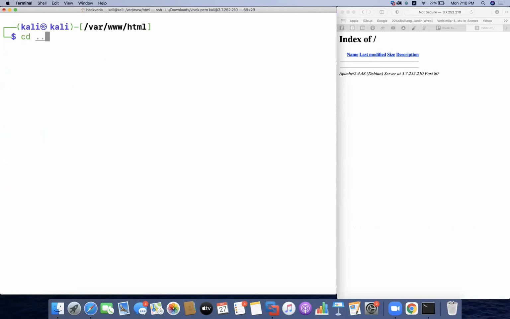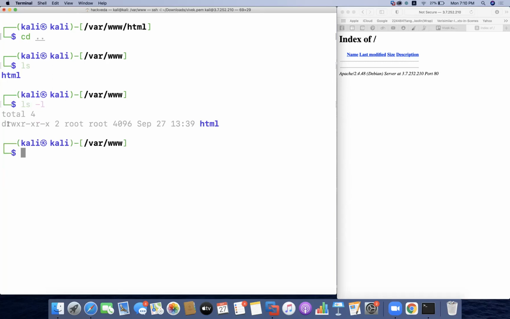Okay. Now what do we need to do next? I want to give permissions to this HTML directory. Currently the permissions on the HTML directory are read, write, execute for root only. Otherwise, other programs can only execute the files, but they cannot create new files. But we want to run Metasploit services with the current user privileges, so our current user should also be able to access the HTML directory with permission to create new files. These new files will be the logs which we might be stealing from the remote machine. So let's see how we do it.